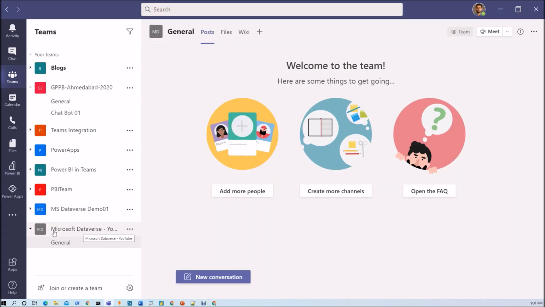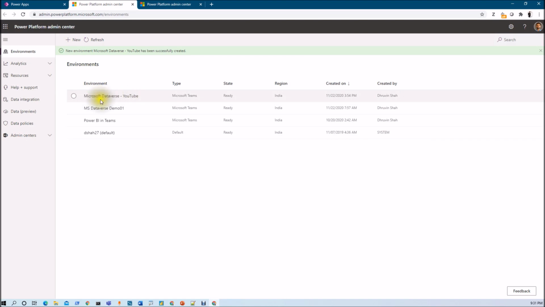Now let's say we are building our Power Apps in this particular team whose name is Microsoft Dataverse YouTube. Then per team it will create a separate environment. You can see that this is the separate environment which has already been created here. Its type is Microsoft Teams, right?